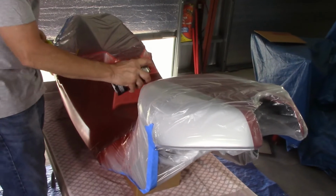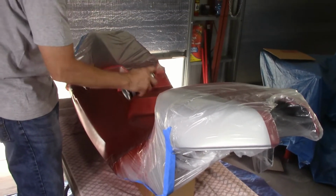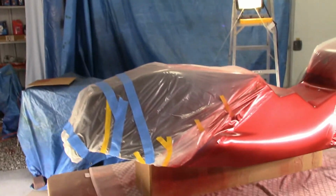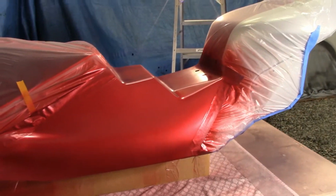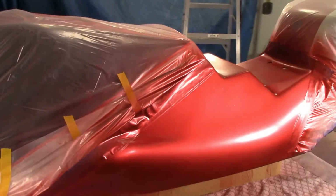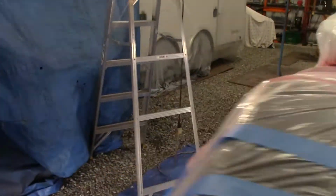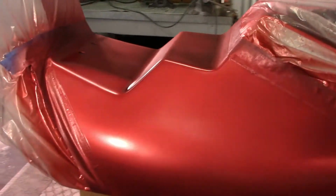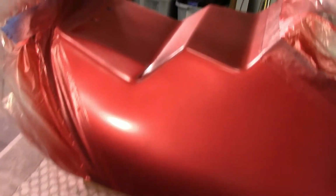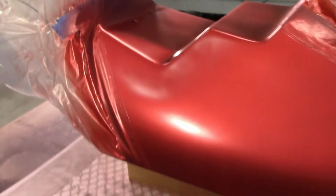Good enough for now. Okay guys, I've got the base on, and it's been about 20 minutes. Looks pretty good. It's got a little bit of stuff in it. We have some smoke today, but it's not as bad as last time. There's some little dots here and there where it spit a little bit, but the clear should cover those up real nice. I don't see any sag. I got nice even coverage,